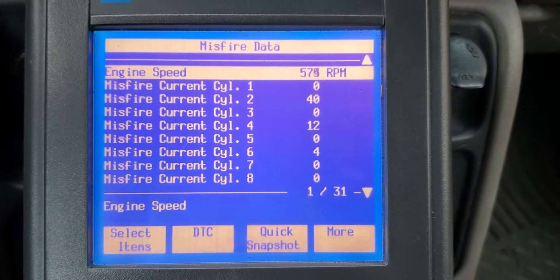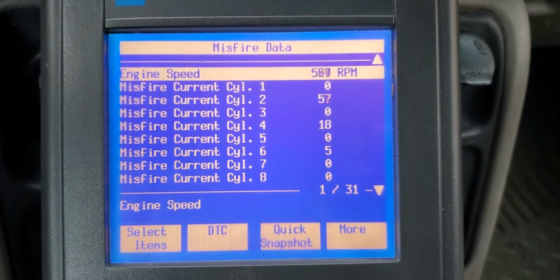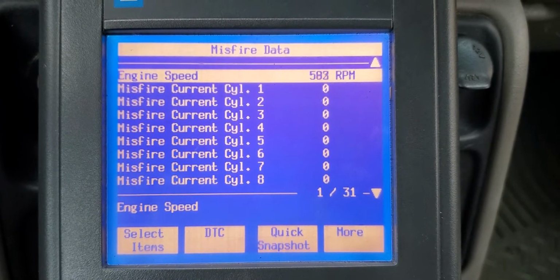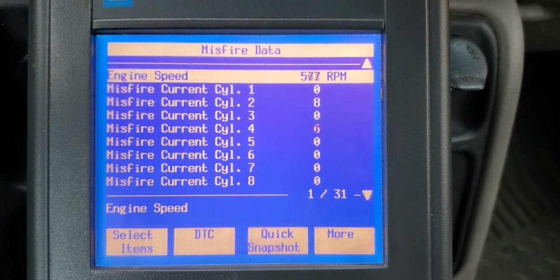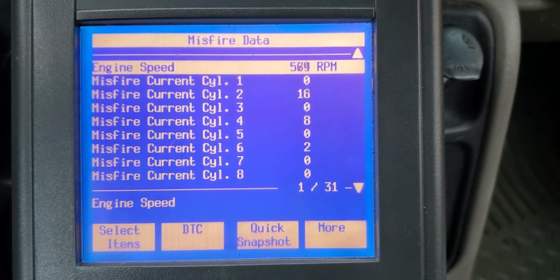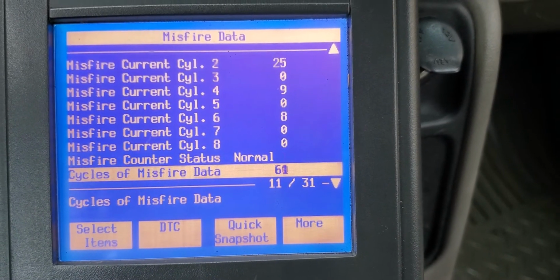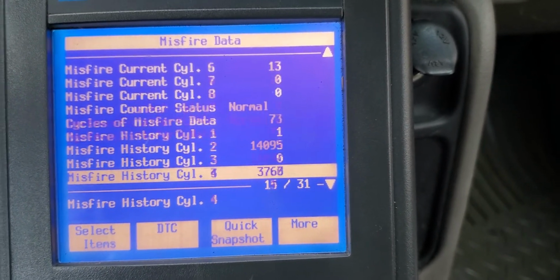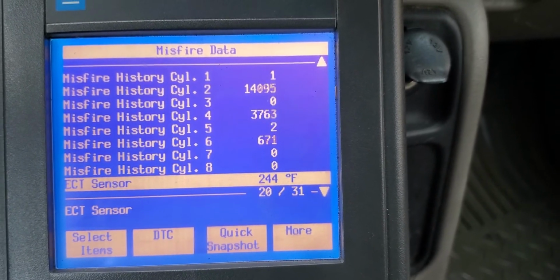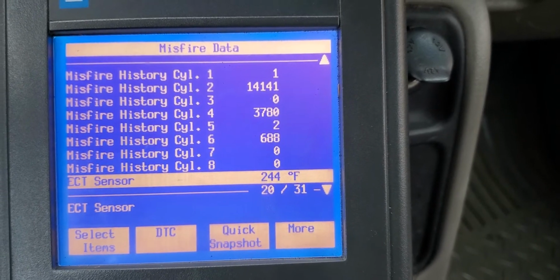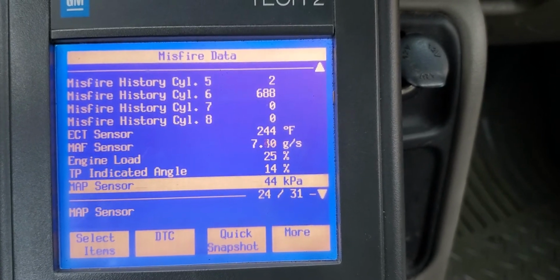You see now also cylinder number 2 is misfiring a lot. Number 4 and number 6. Number 6 is sometimes light, and that's where the computer says, you know what, I have a misfire. And then we keep going down because I have 31 bits. You see, that's the history of cylinder misfire. 4, 6, 5 also has a small one, but temperature, mass airflow meter sensor,